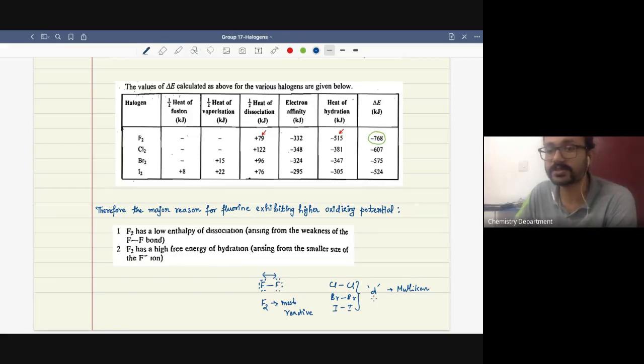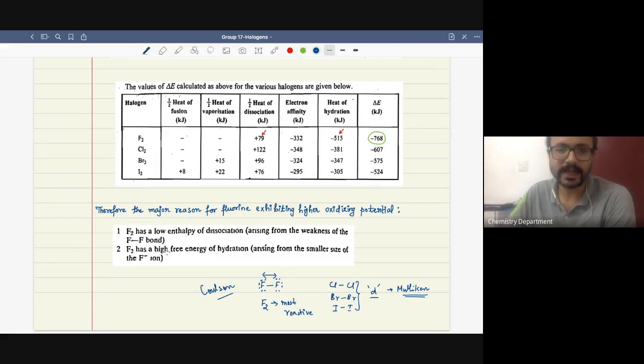This explanation you will also find in some of the books, but in Puri and Sharma they have given the other explanation, which is not widely accepted. That was given by Mulliken. And this particular explanation of lone pair repulsion was given by, if I remember correctly, Colson. J.D. Lee says that this particular explanation is what is widely accepted.